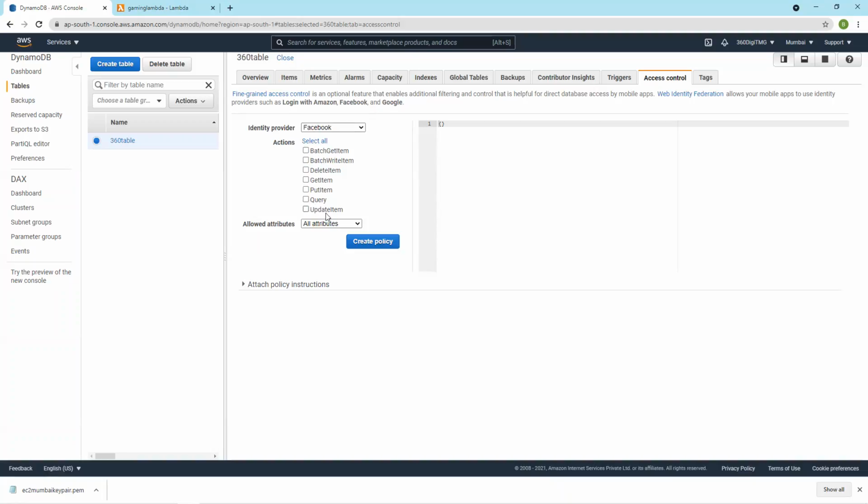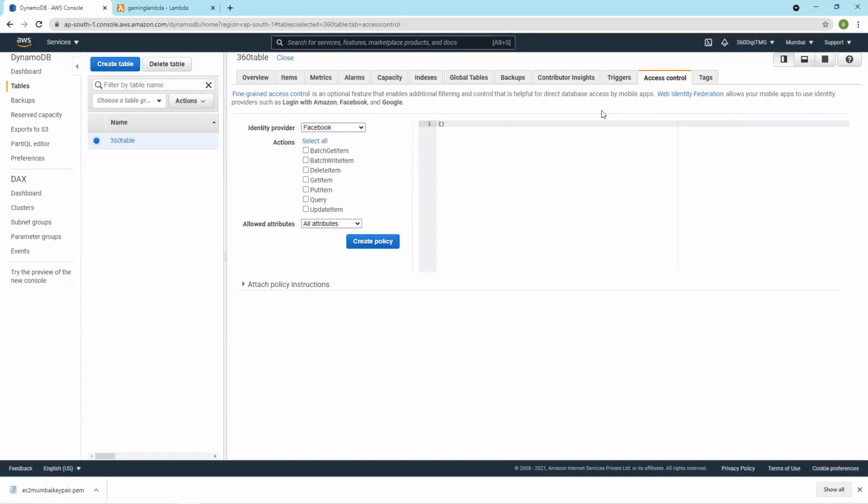So if I am developing my own application, in our example the real-time gaming dashboard, then login with Amazon. Here there is no direct option anyway. In the Lambda trigger, I'll provide my web identity,